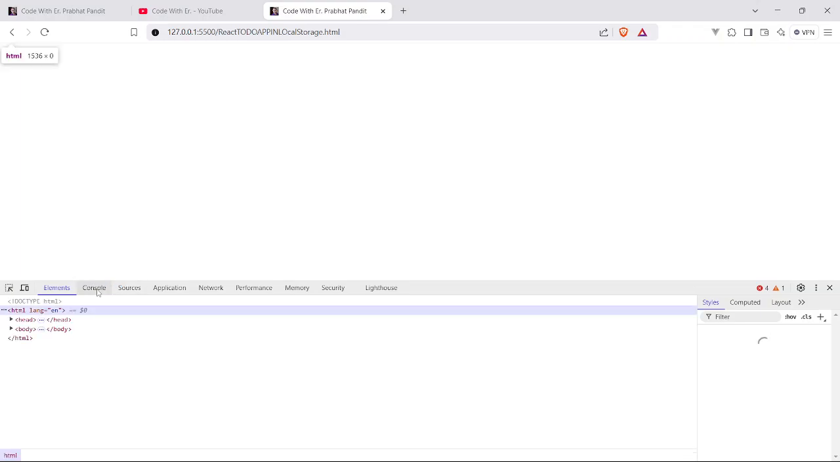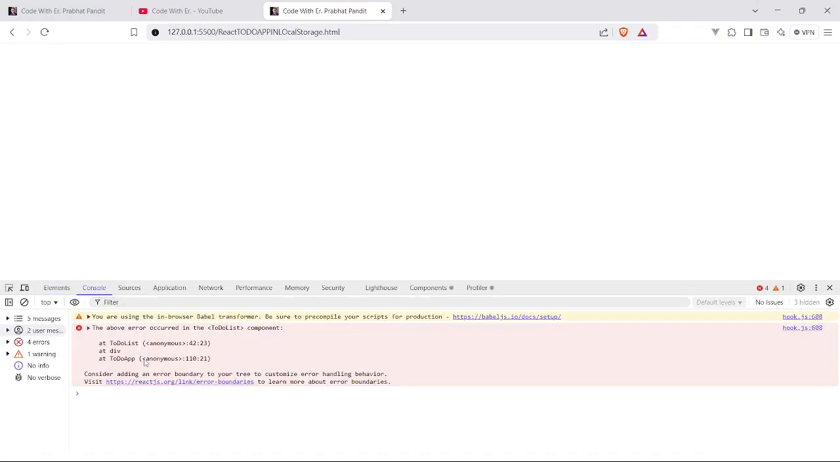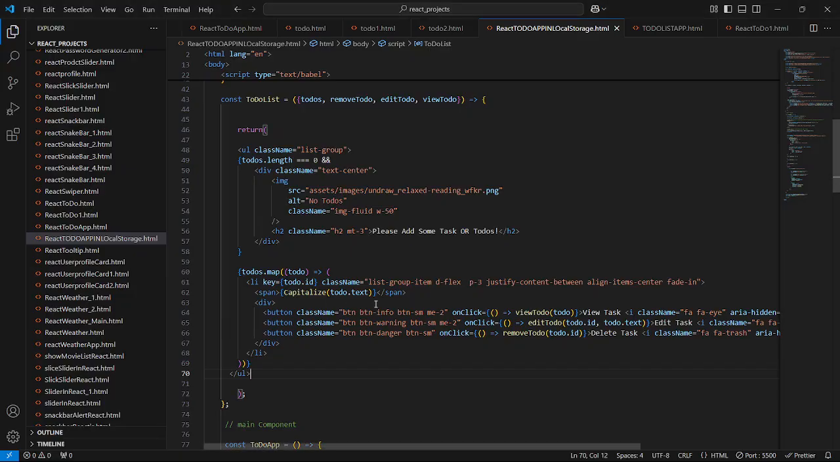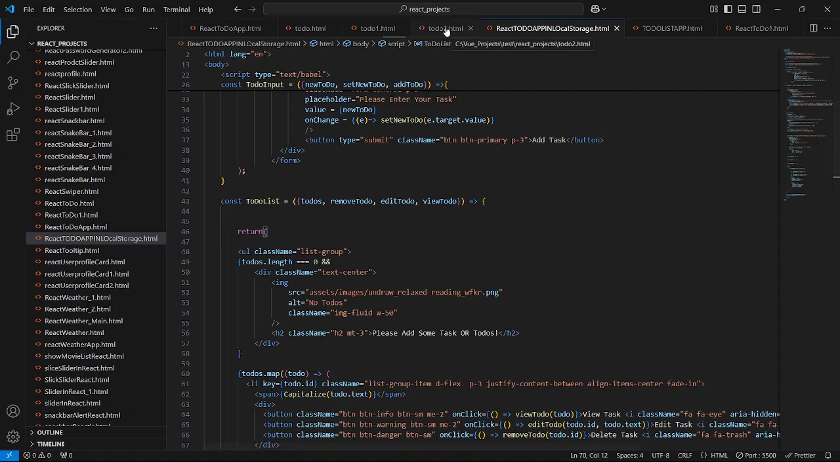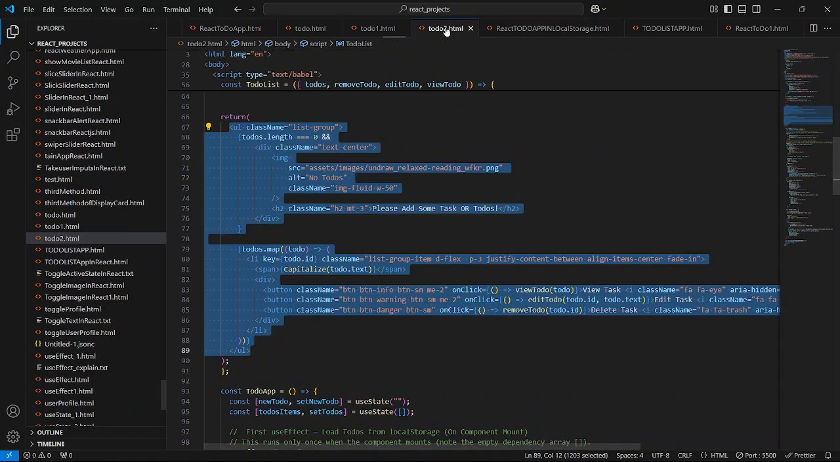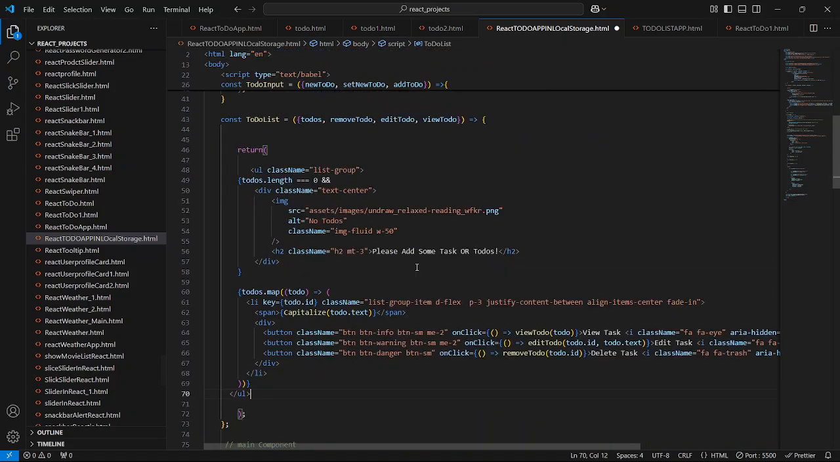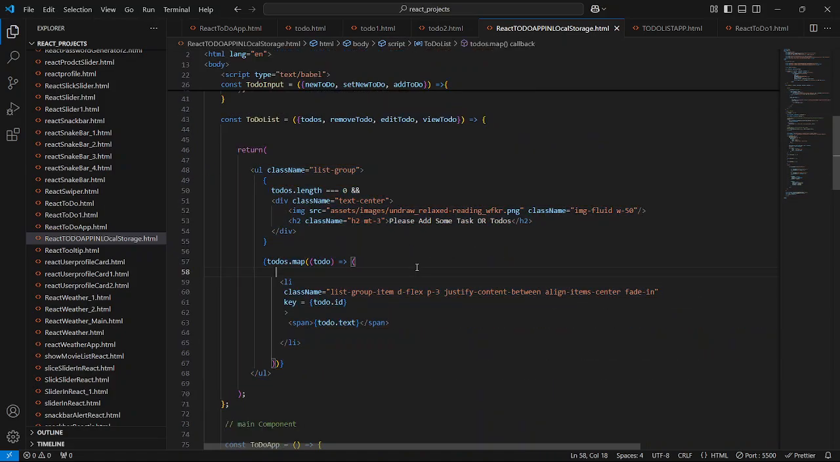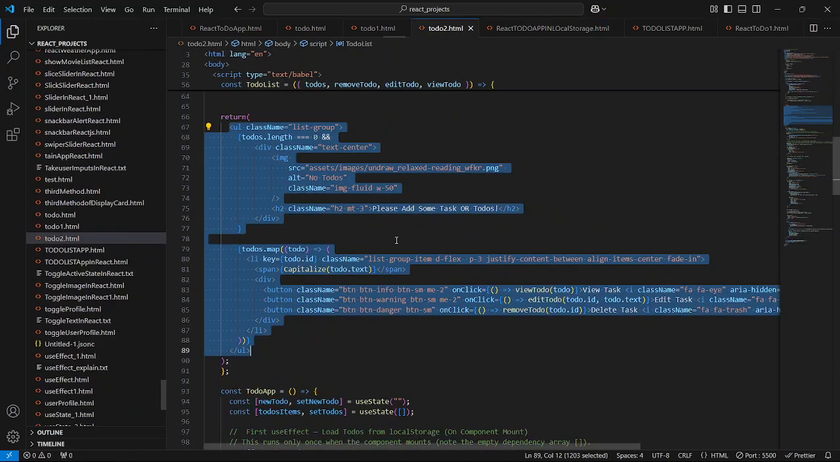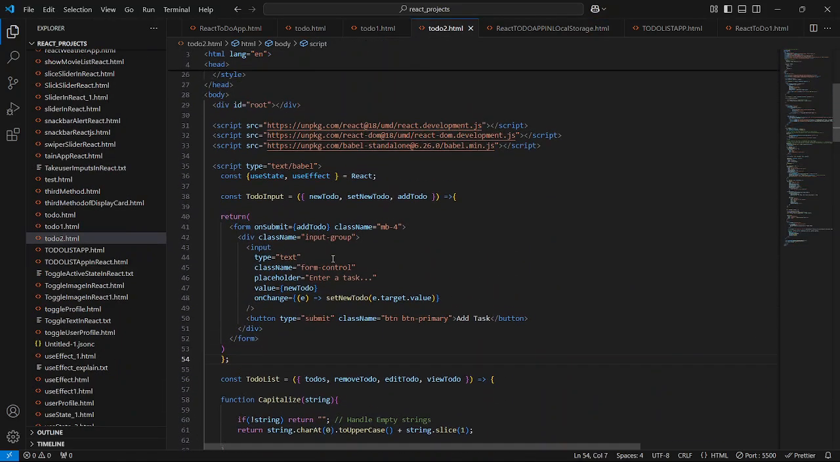So let me go to the console. Again it is saying the above error occurred in the to-do list component. Okay, in the to-do list component. So let me check here what the issue is. Control Z, bring our code back. Let me check here the